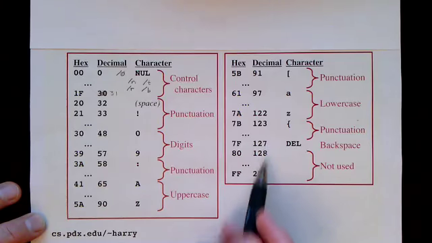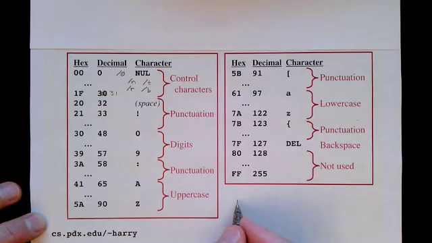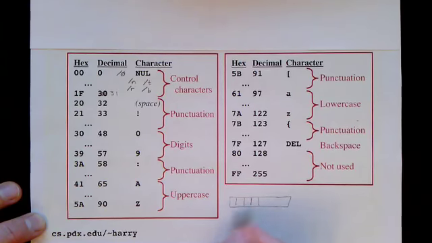The other 128 bit patterns are not used. So in reality, the ASCII code only requires 7 bits. The bit representation of any ASCII character always starts with a 0 bit. So only 7 bits are required for the ASCII